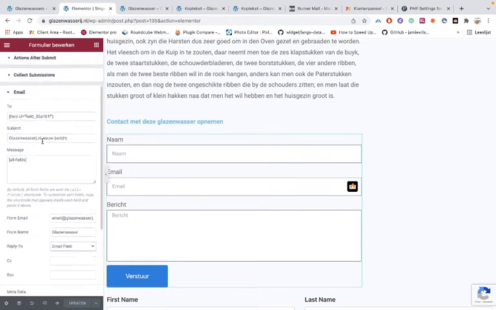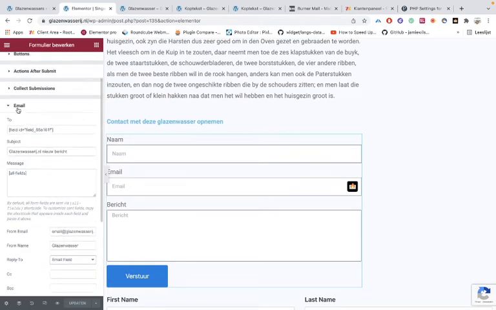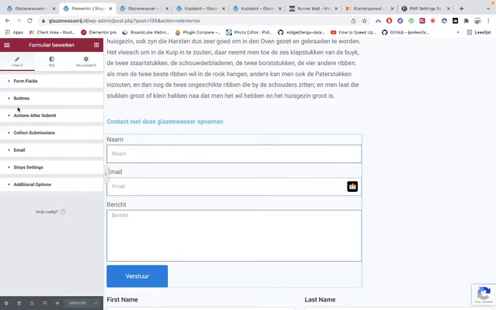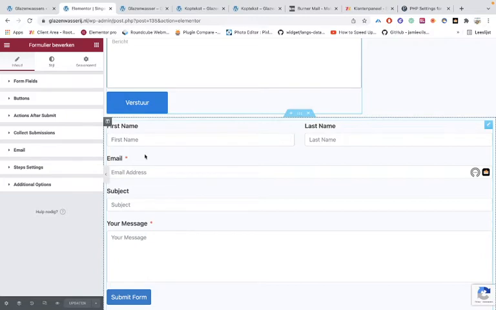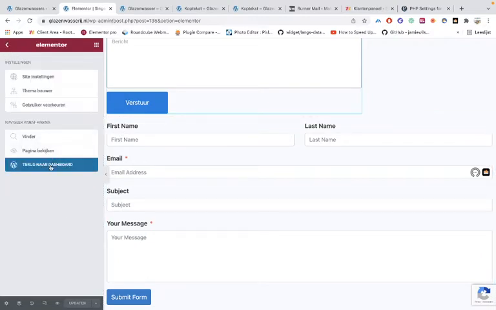So that is for Elementor, it is super easy, and once you have done it once and you know how it works, you can do it on every site that you use with the front-end submissions. And the second one is Fluent CRM. Now for Fluent CRM, you have to go back to the dashboard,